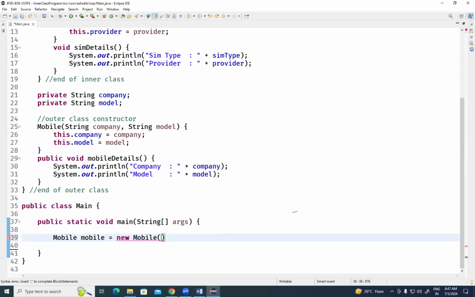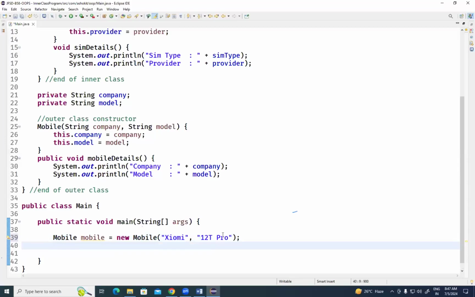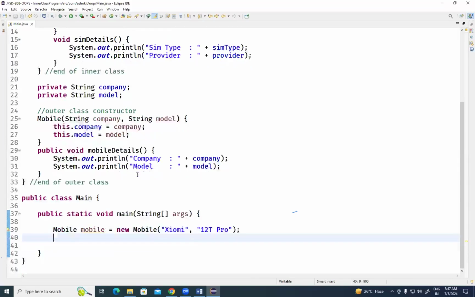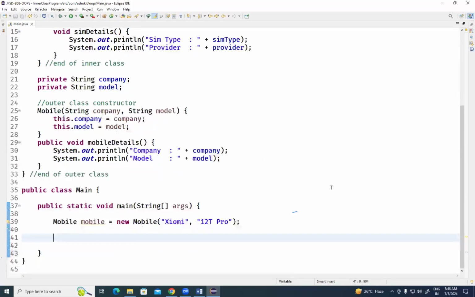Everybody is getting my point? For example, company Xiaomi. Suppose model 12T Pro. Everybody, did you get my point? Yes, sir. Okay. Guys, I have created the object for the outer class. Next, I want to create an object for the inner class. Do you know the syntax of creating an object for an inner class? First, the outer class name dot,